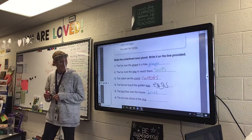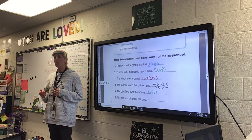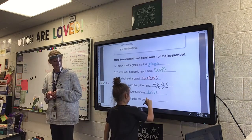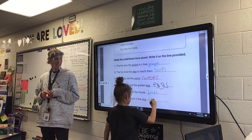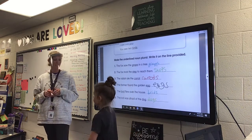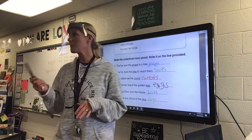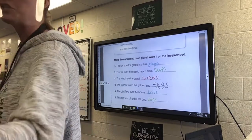Okay, the last one. The cat was afraid of the dog. How do we make dog plural? Riley, how do we make dog plural? What do you do? Dogs. Just add an S because it ends in a G. Excellent job. Okay, now, all this week we'll be practicing these rules on how to make our nouns plural. And I know they're tricky, but if we practice them all week, we should be able to get